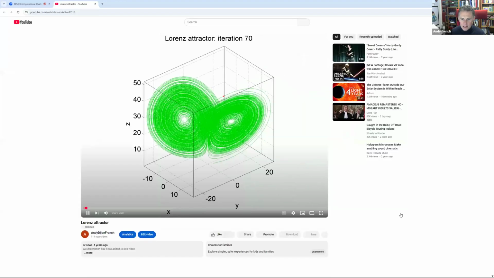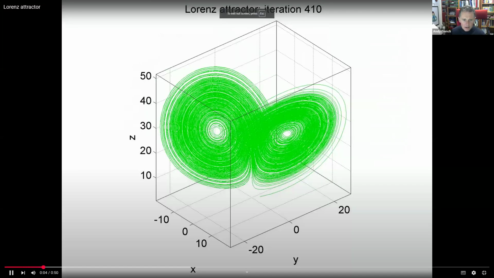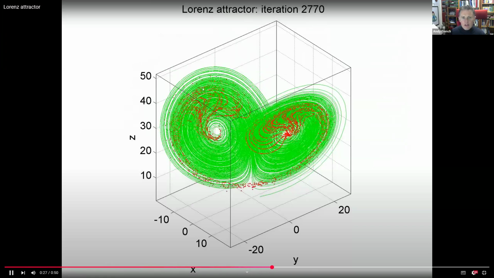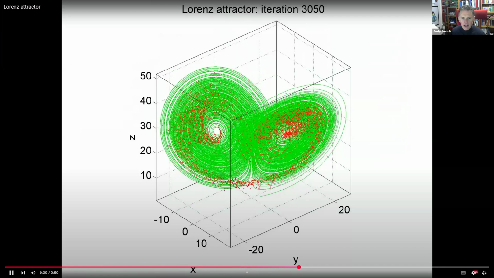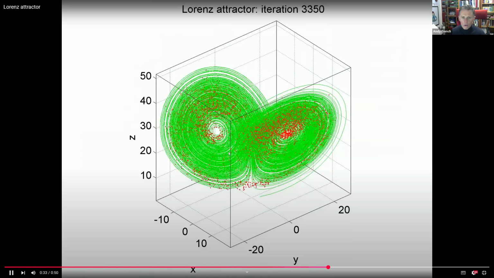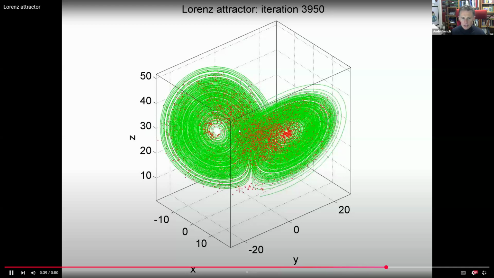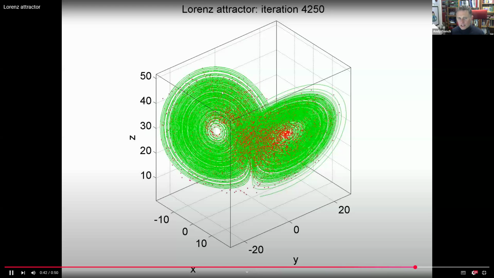And here we go. Here's one I made earlier. You can see the little red blob whizzing round one of these trajectories. And about now, it starts to spread out. Now it's on the other side. And now all sorts of craziness starts to happen. It's like one of the Matrix films, with the robots that attack the humans in the center of the earth. Now we've got some sort of tendrils. What's happening is that my initial conditions, which were very small and random, now result in trajectories that are spread all around the Lorentz attractor. So we've got very high sensitivity to initial conditions, but nonetheless, we do have some structure here.